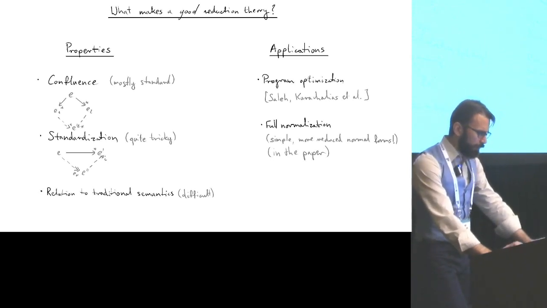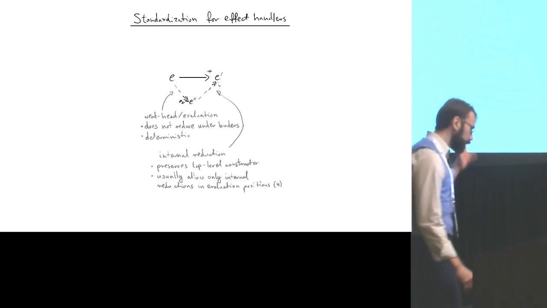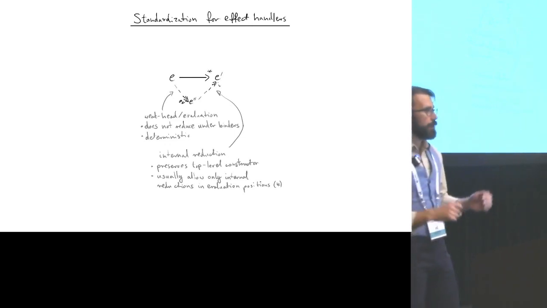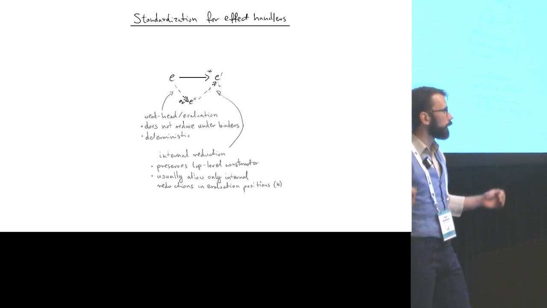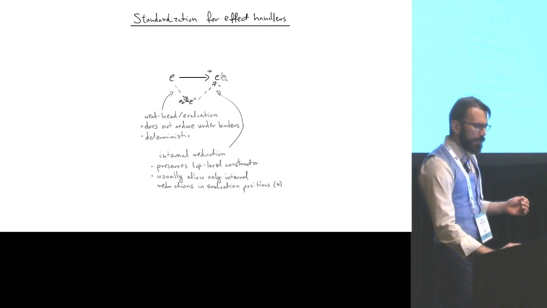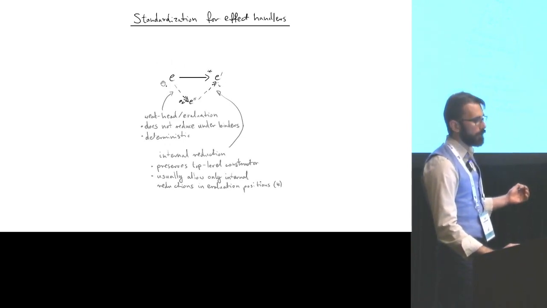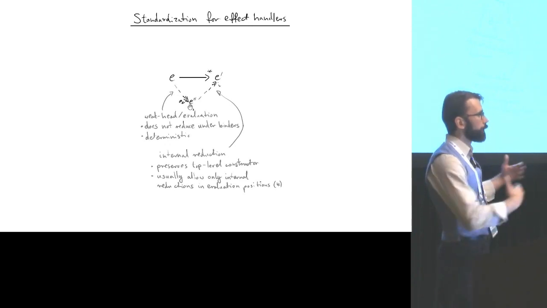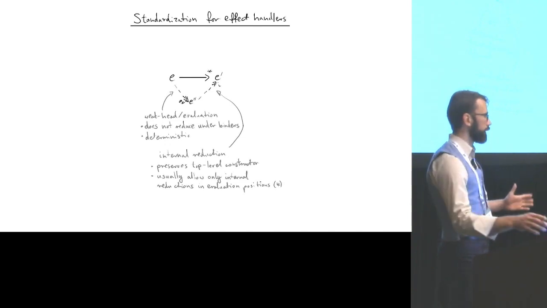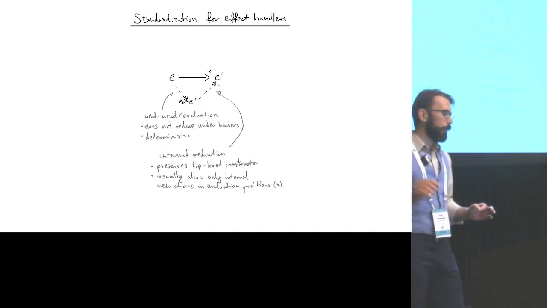Okay, so what is standardization even? So the idea is, this is one of these old big open problems in lambda calculus, right? If I have a sequence of reductions happening anywhere in the term, the sequence here in black, then the idea is for any such sequence, I can split it in two subsequences. First, an evaluation sequence that will proceed to some point, not necessarily to a value. This is any sequence, there might be no reductions at all. And then a sequence that follows that of internal reductions.